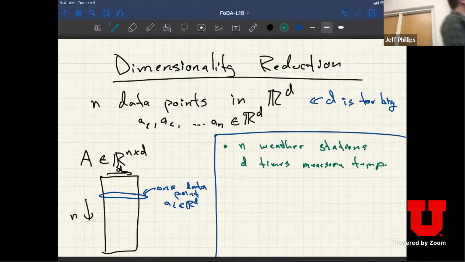So each row is a weather station, and maybe over a month, every day at noon, I measure